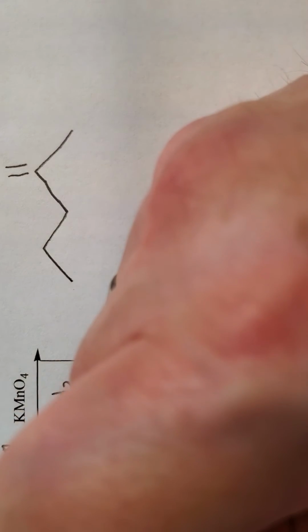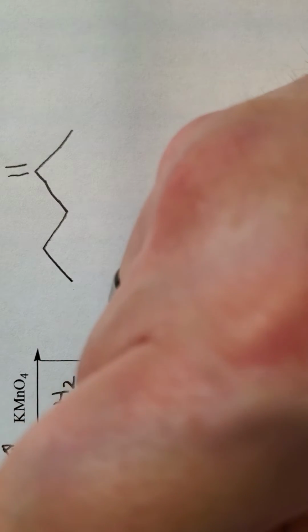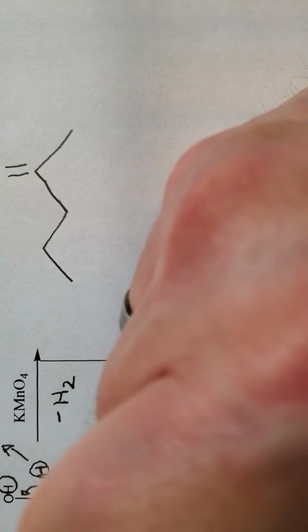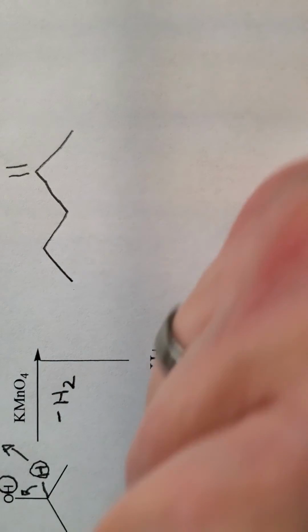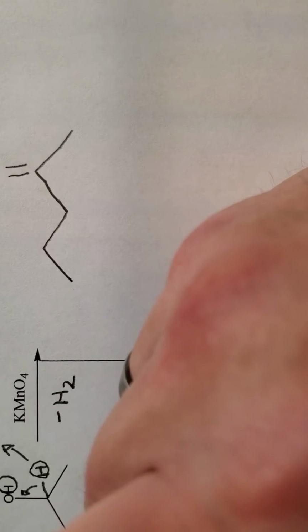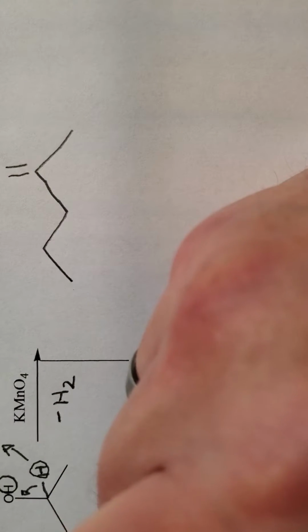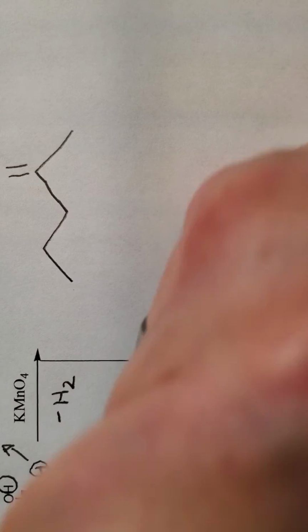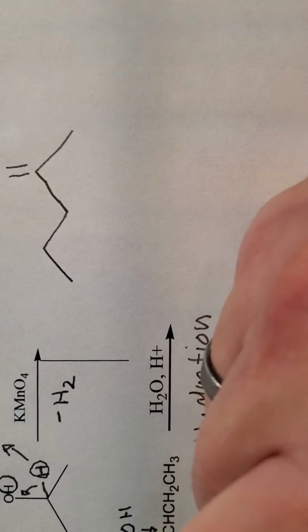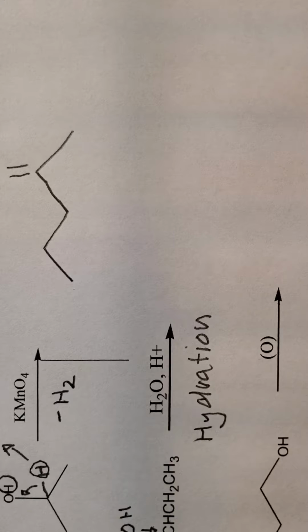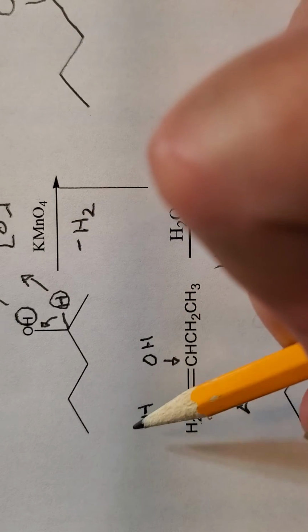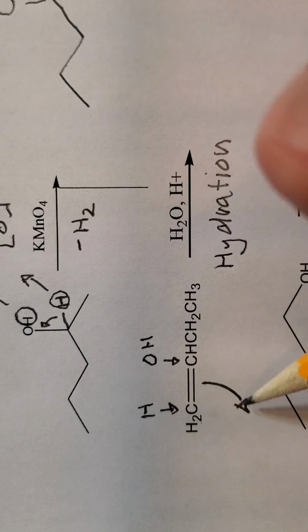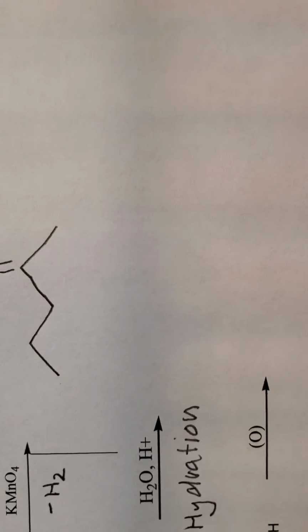So the OH goes here. And the H part of water is going to go there. And we're going to get rid of one of these bonds. So the OH goes to that carbon, the H goes to this carbon. We're going to get rid of one of these bonds. And so the answer is going to be